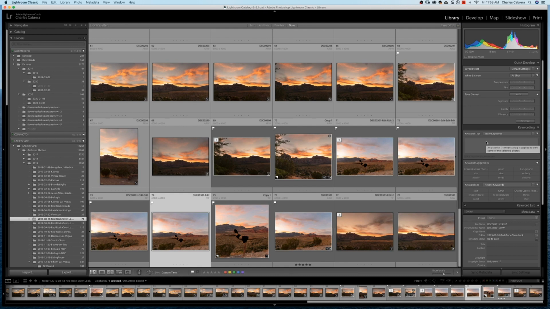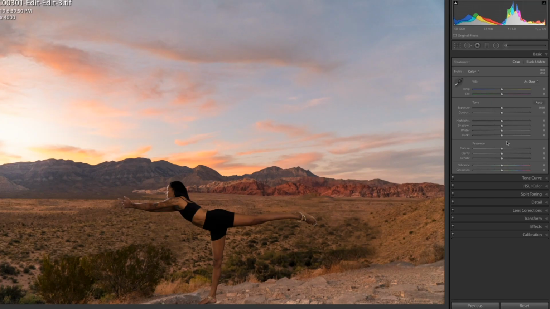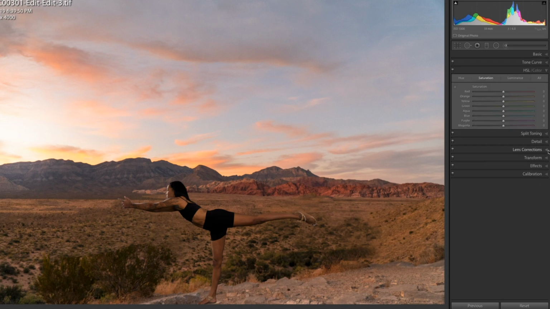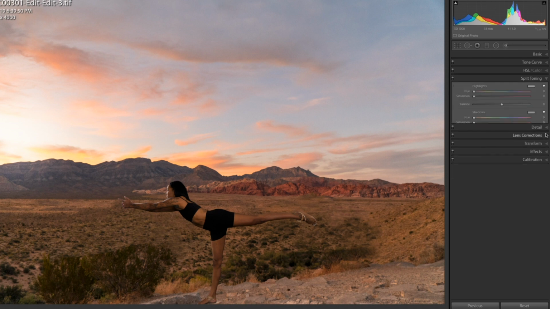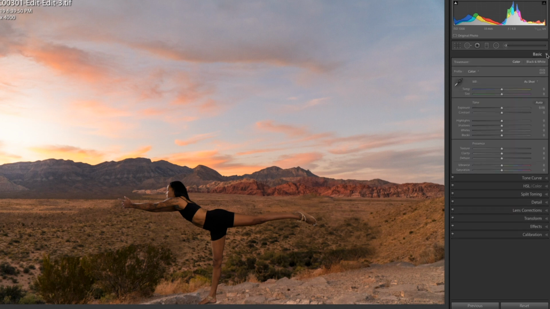Even if you want to use Photoshop with it, use Lightroom to store all your photos in the catalog and keep track of everything. So Adobe Lightroom has all these basic editing controls right here. You can get advanced editing with the HSL color panel or split toning, endless possibilities. But if you just need to come in and edit a photo and make adjustments like these here, then Lightroom is the tool for you.